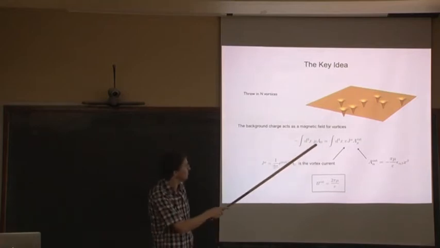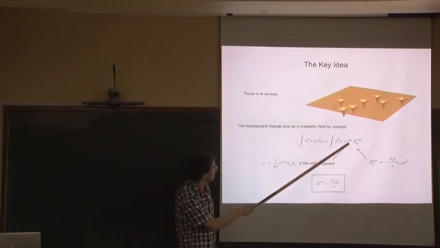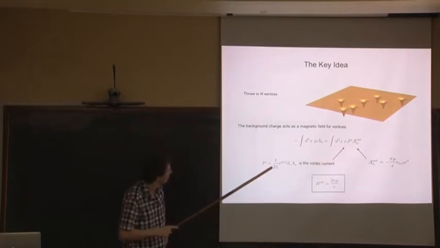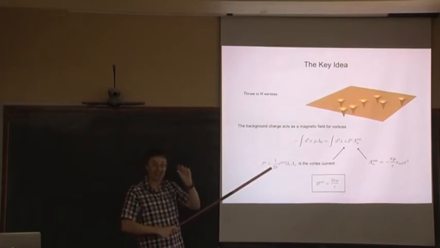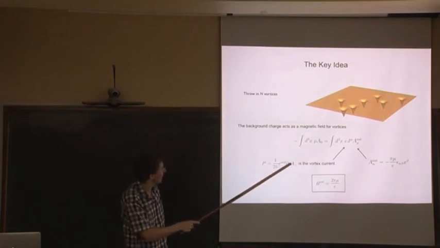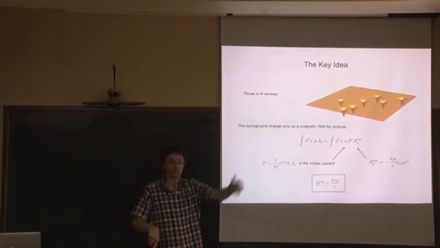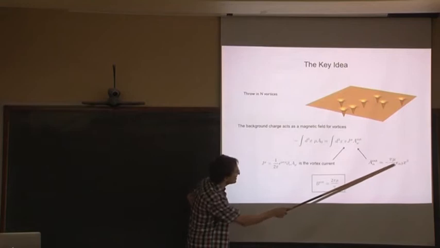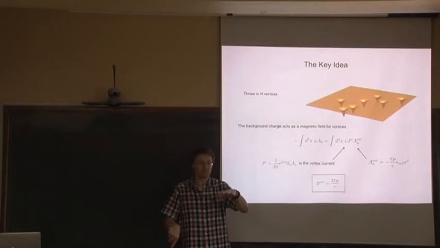Okay, so let's see how that works. This is the term in the Lagrangian, mu A0, and by integration by parts, I'm going to write it as J mu times just some constants. J mu is this combination of fields, which is exactly the current that couples the vortices. In fact, if you look at J0, it's just F12, the field strength, and so the integral of J0 is going to give the number of vortices, because of the integral of magnetic fields. So this is the vortex current. This, meanwhile, is precisely what you would write down for a background magnetic field in the symmetric gauge.